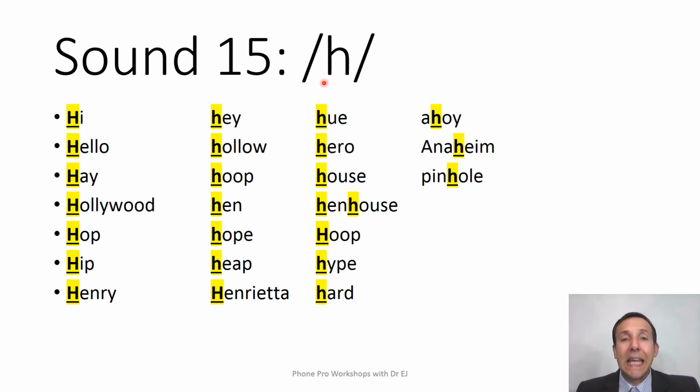This sound is not mute like in French or in Spanish. No. Here we have a sound. If you speak Russian, please be very careful because this is never that. That is Russian. In English, we have no friction in the back of the throat. We say examples. Hi, hello,